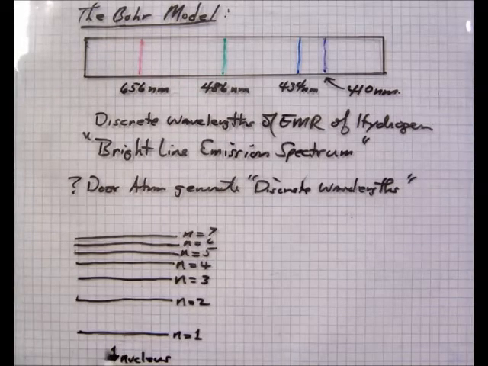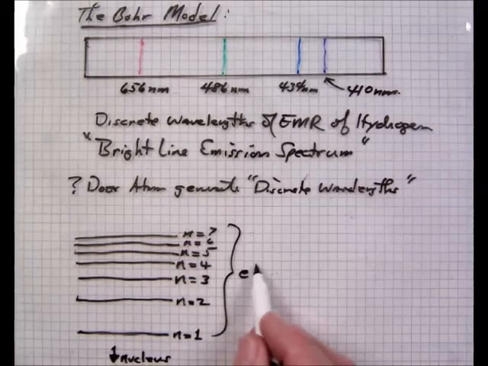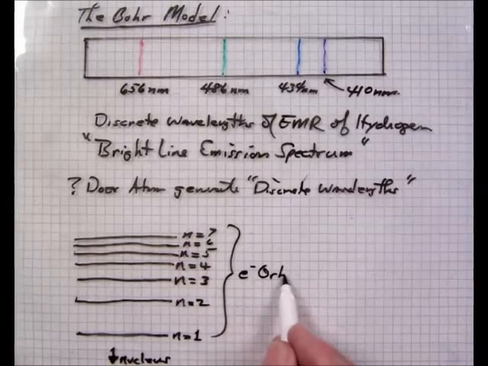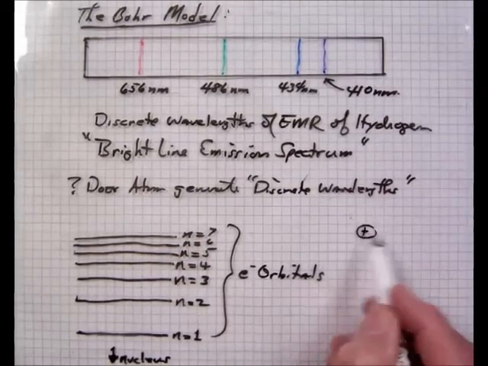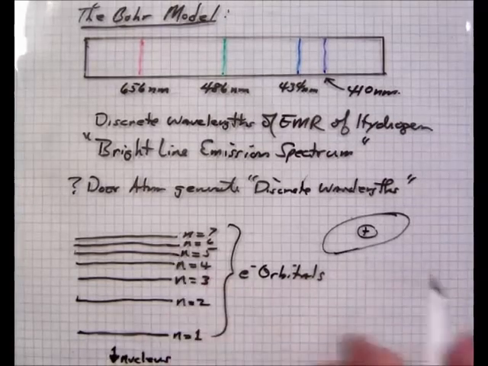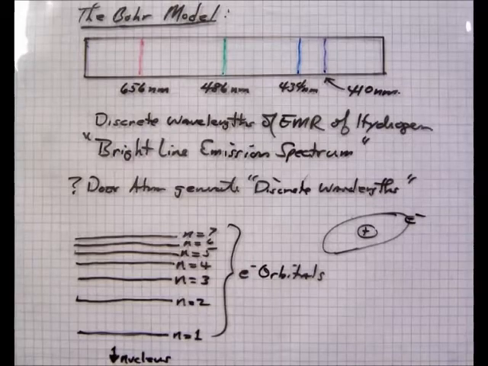Well, you visualize these holding electrons. These are electron orbitals. That is, you have a nucleus, and then you've got this concentric ring, and they thought the electron orbited the nucleus much like the planets orbit the sun. Well, we'll find out later that's not exactly the case. But this line is the first ring, and the second line is the second ring, and so forth.